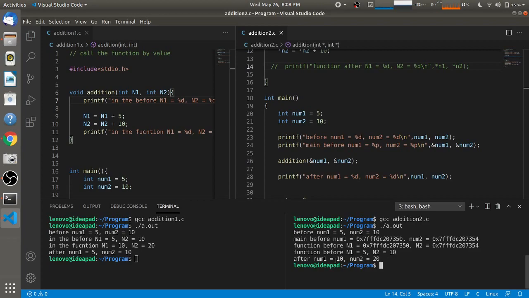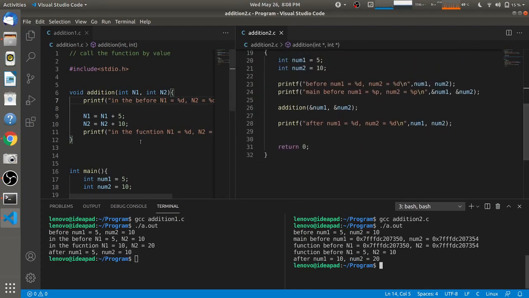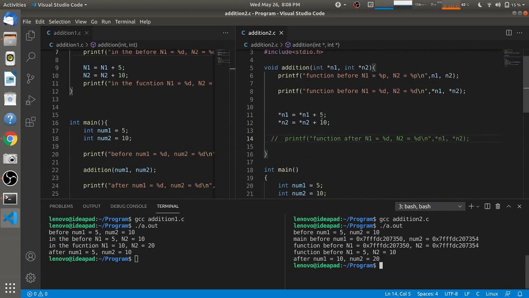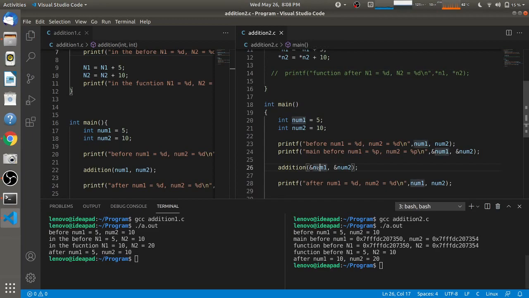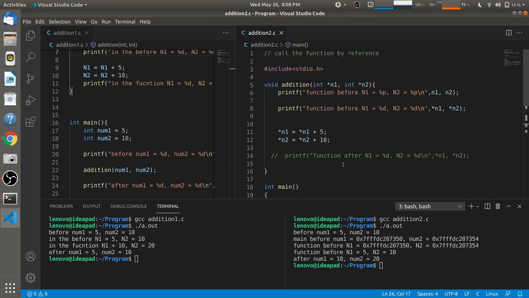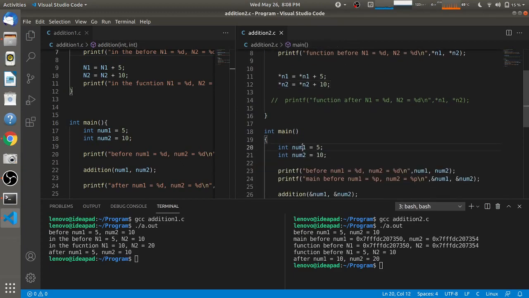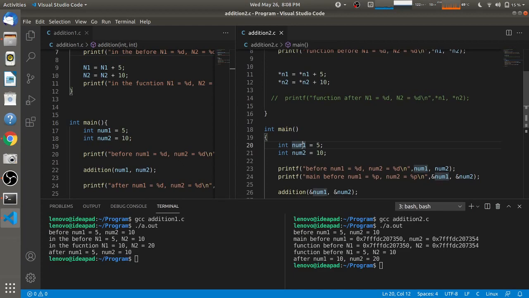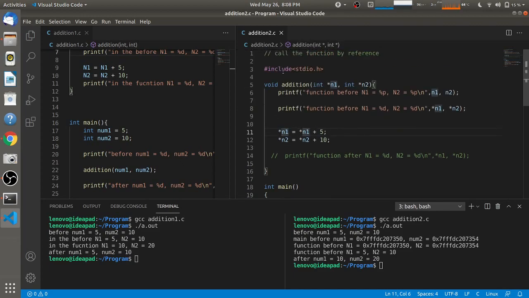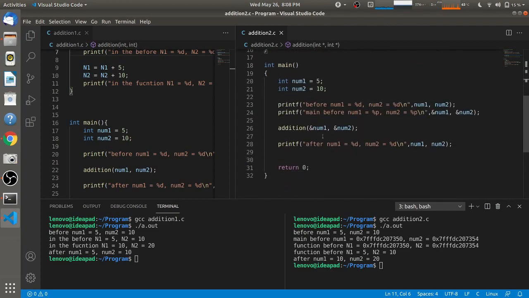So here you will see that the value of num1 is 10 and the value of num2 is 20. So we did the same thing in the call by value also and in the call by reference also. But in the call by reference we have passed the address of num1 and num2. So if you do some modifications in the function, that will reflect in the original variables, as we are passing the address of those variables and accessing that address in the function using this value at operator and this pointer. So if you modify anything in that variable, that will reflect in the main function.